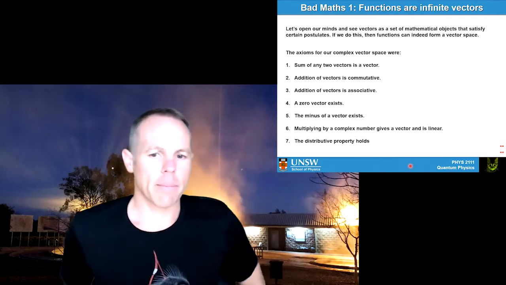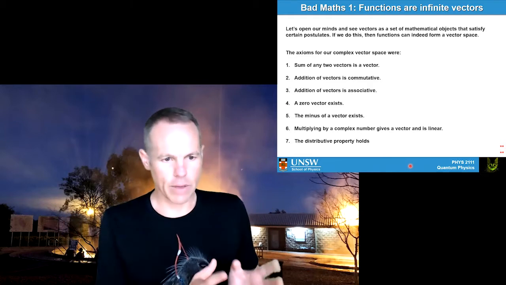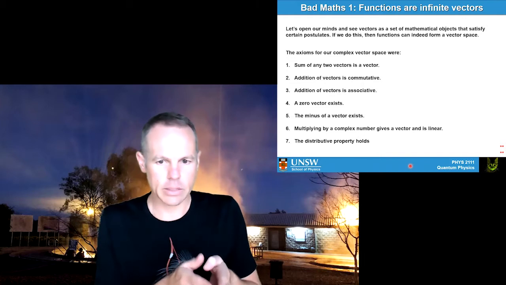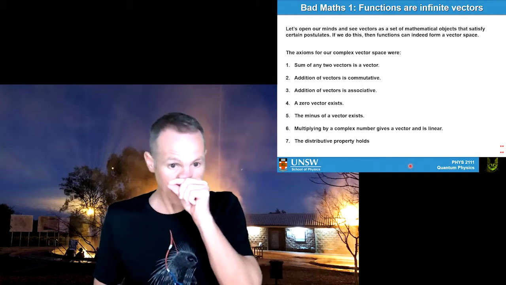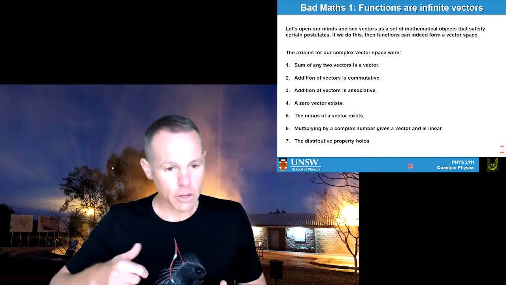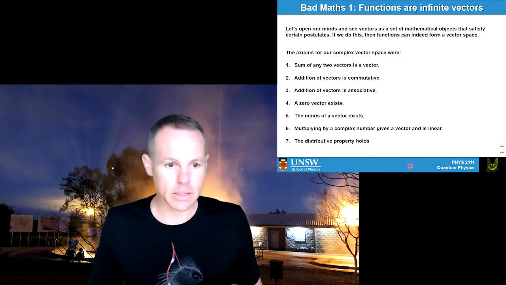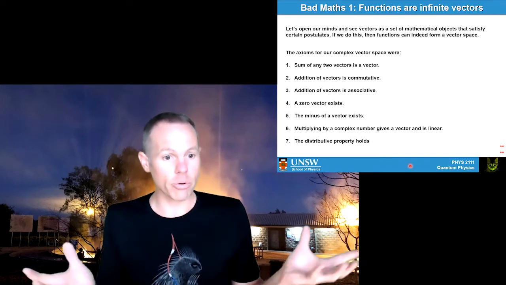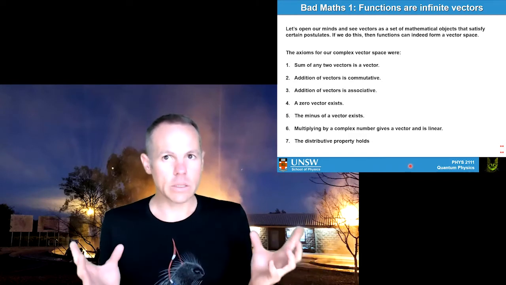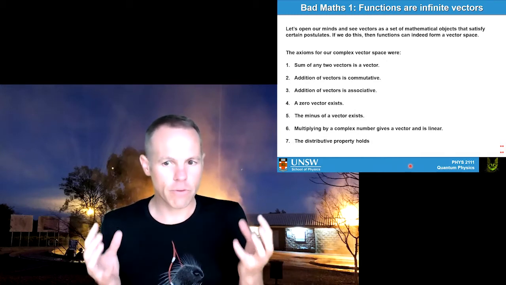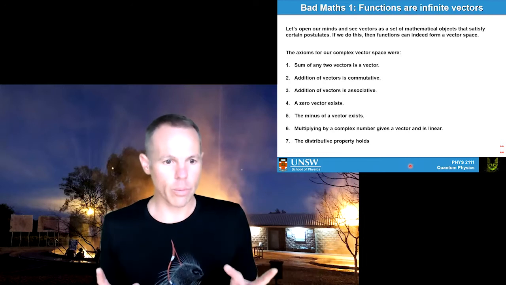Back when we set up that mathematical framework, we had a whole bunch of axioms that held, right? So the idea that the sum of any two vectors is a vector, the addition of vectors is commutative, there's a zero vector, there's a minus vector. If you take a vector and multiply it by a complex number, you get another vector, and that operation is linear, okay? All these things are basically rules that we have to make the vector space that we work in well behaved,